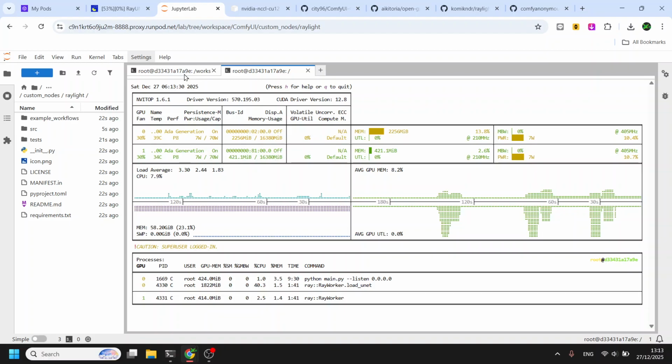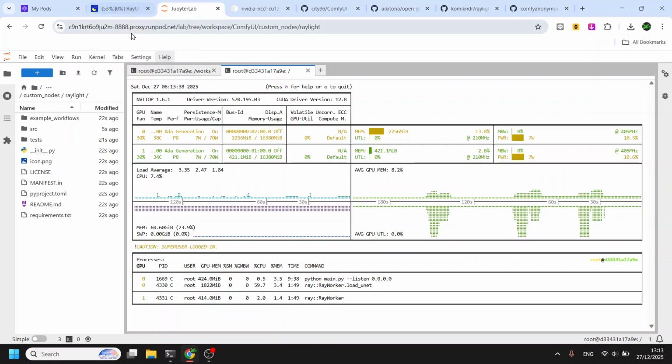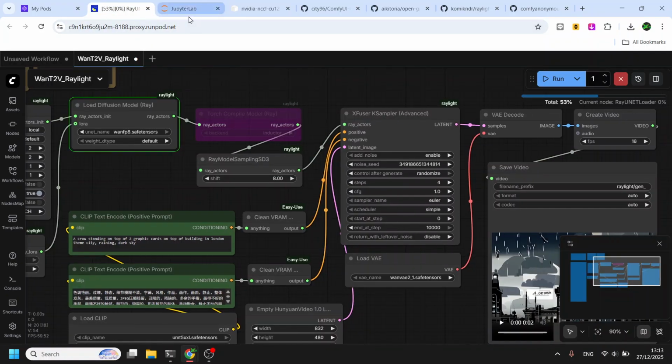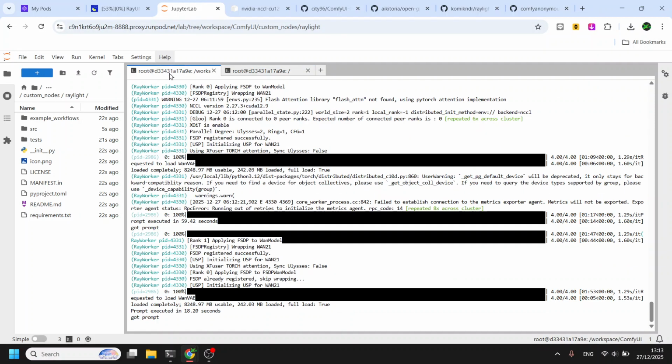Again, this is quite slow since Raylight has to restart another worker. But if you have a faster SSD and do not share bandwidth like in this cloud system, it's going to be fast. Okay, FSDP registering.